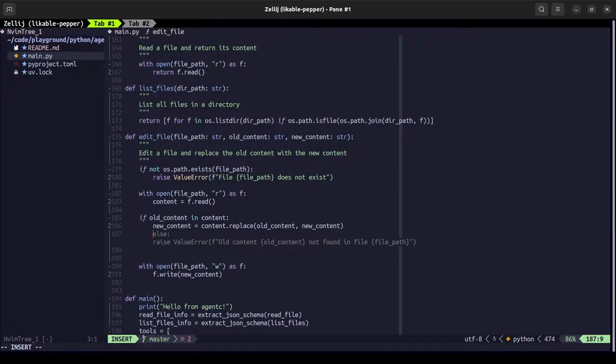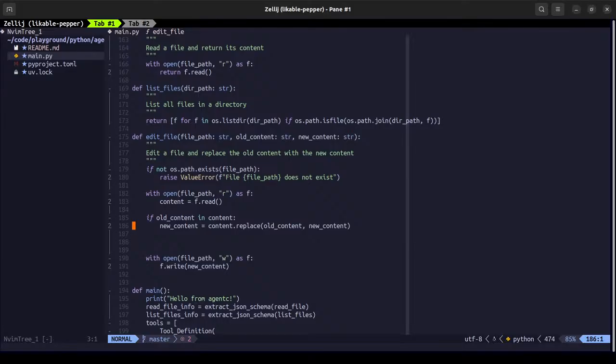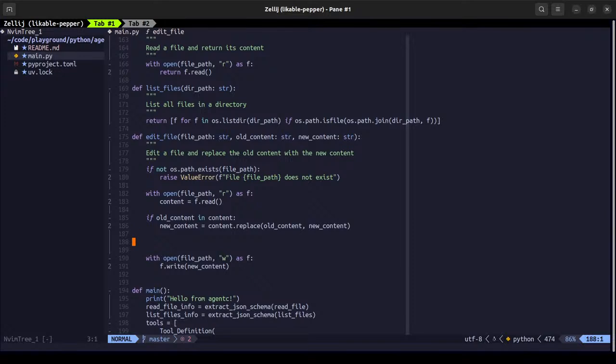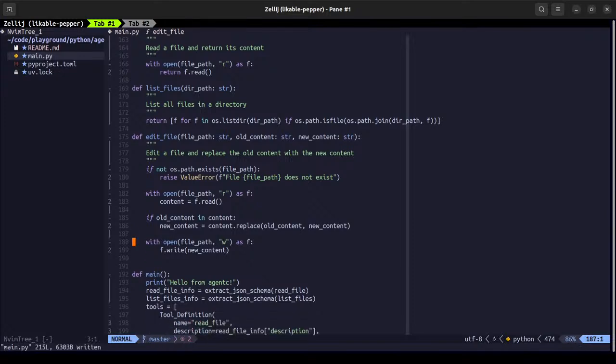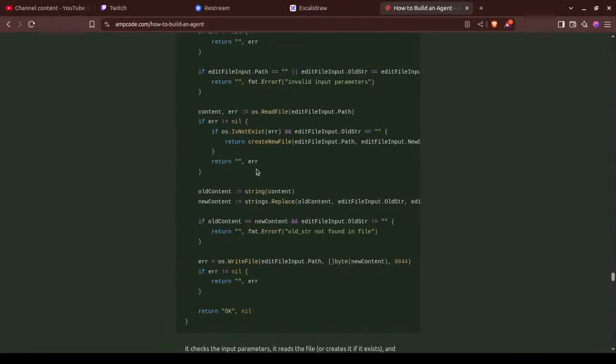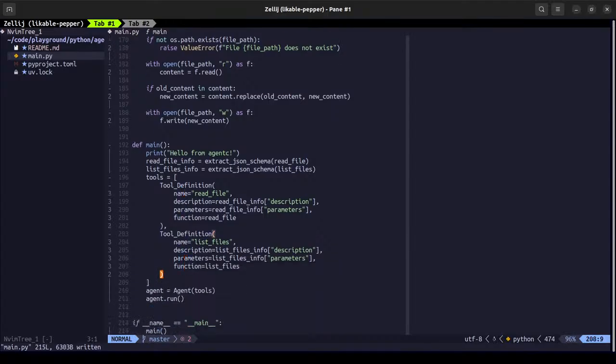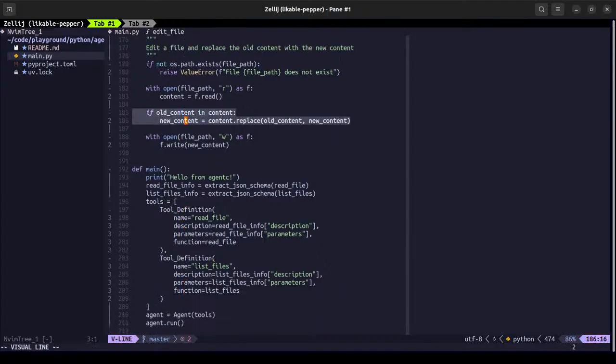No, I think that, because we are just replacing the old content with new content. Because if it is not the case, then we'll just write whatever the new content is. If it is there, then we'll just replace the old content with the new content, right?